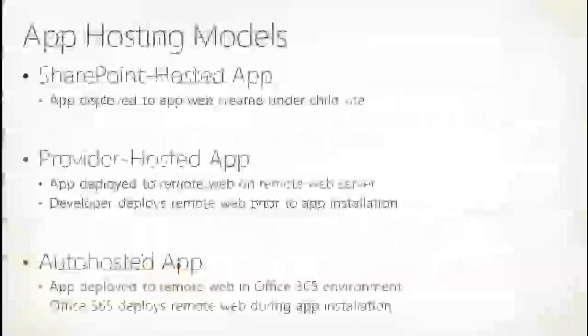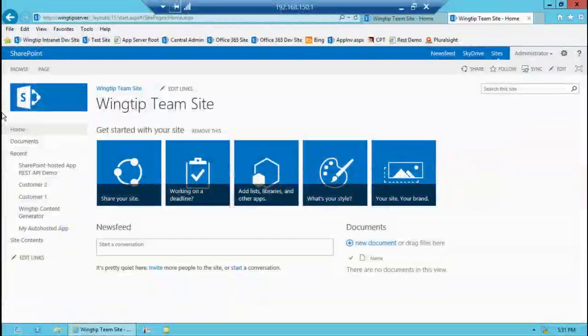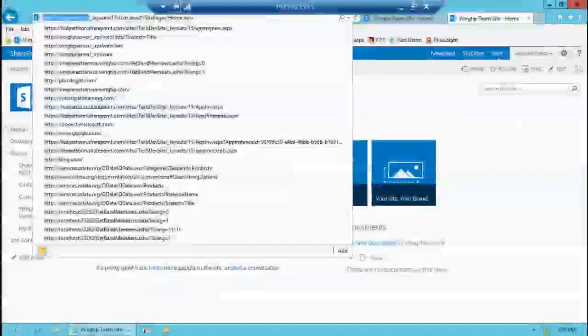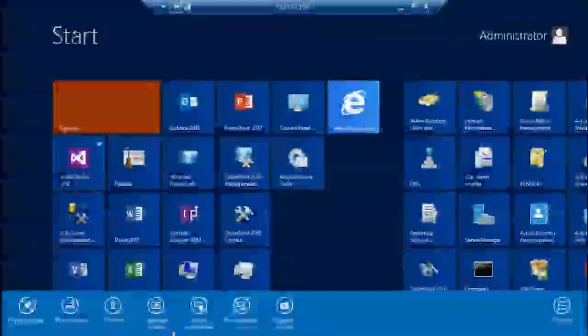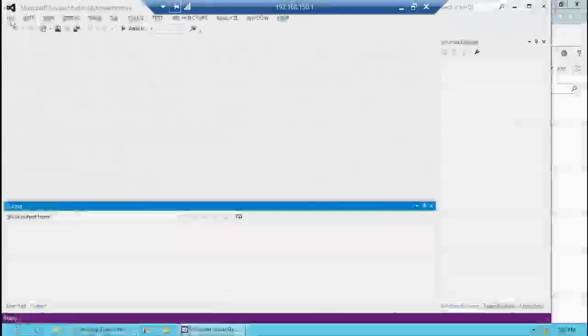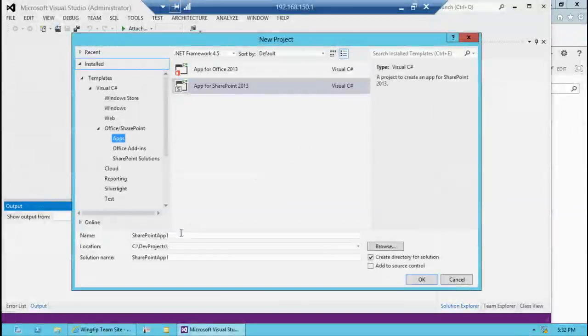Okay, now, let me do a quick demo. Let's go back over here. And here I am on my demo machine. Here is this little test site that I have right here. Let's go ahead and bring up Visual Studio. And with Visual Studio open, we'll go ahead and say, give me a new project. And the first one I'm going to create, not the kind you came to see, but just to demonstrate what internal authentication is,